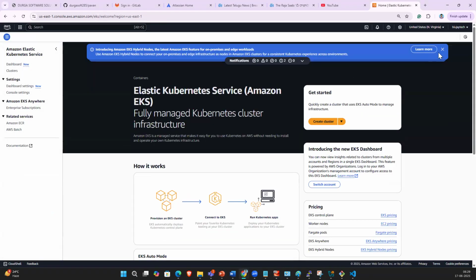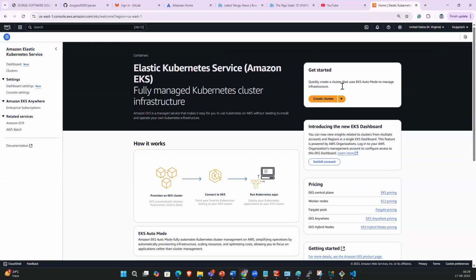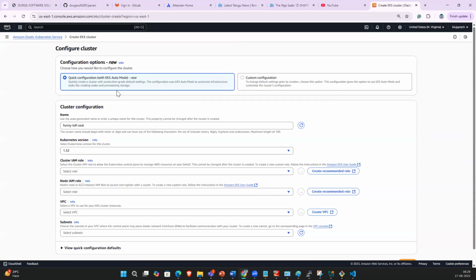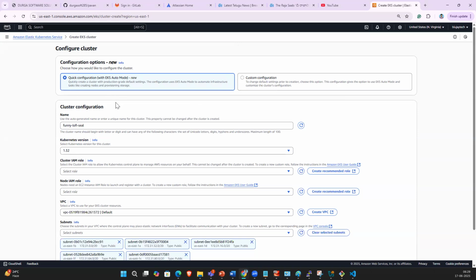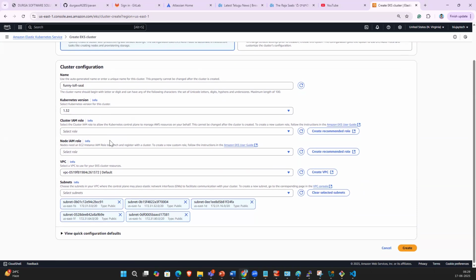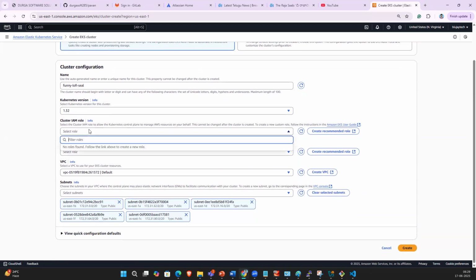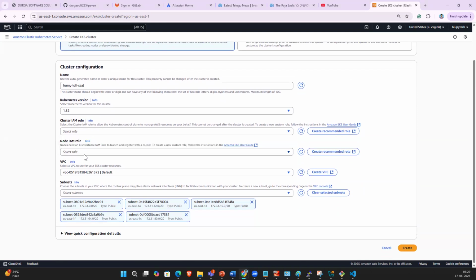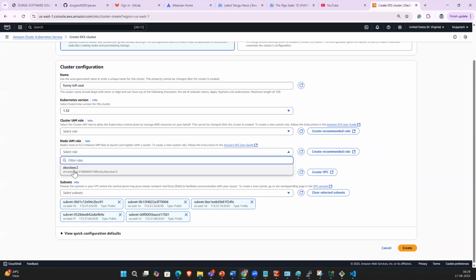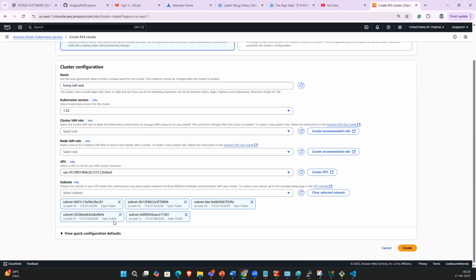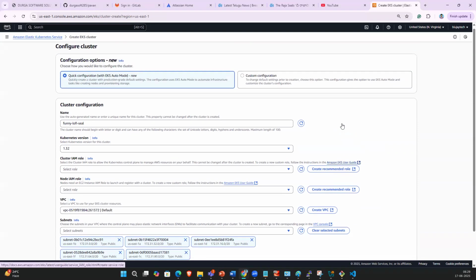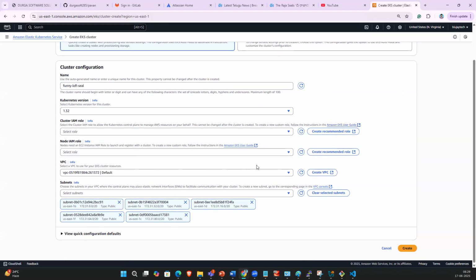For example, you can create from here also. Quick configuration: Kubernetes IAM role, select IAM role if you create it. Node IAM role, EC2 instance node IAM role, VPC, subnets. If we create manually... we don't want to create manually. We will use a command to